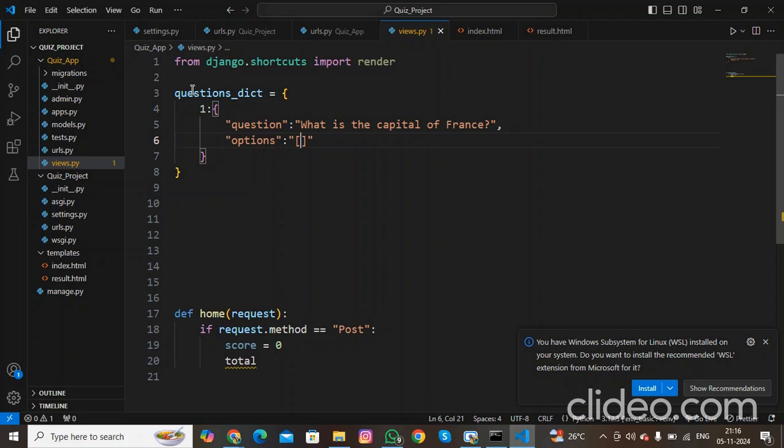So this option is a list. So what I will do, okay, let me, this one here. So options is a list, means this option is a key, and this key is storing a value, and the value is a list, and the list will have a number of elements or items inside it. So I'm giving this option, that is Paris, London,